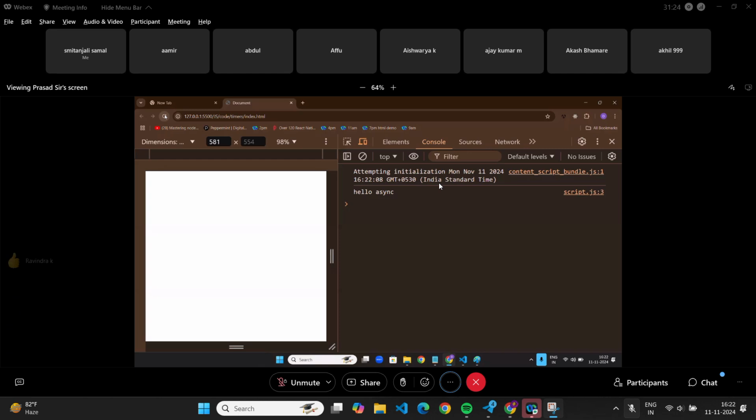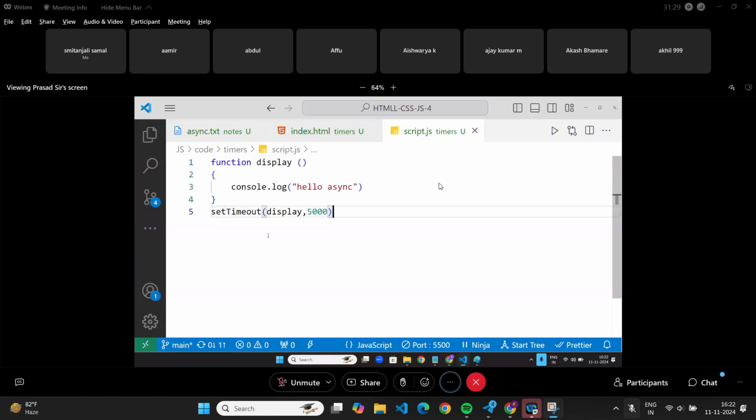Clear? Now, write a function to generate OTP after 10 seconds.